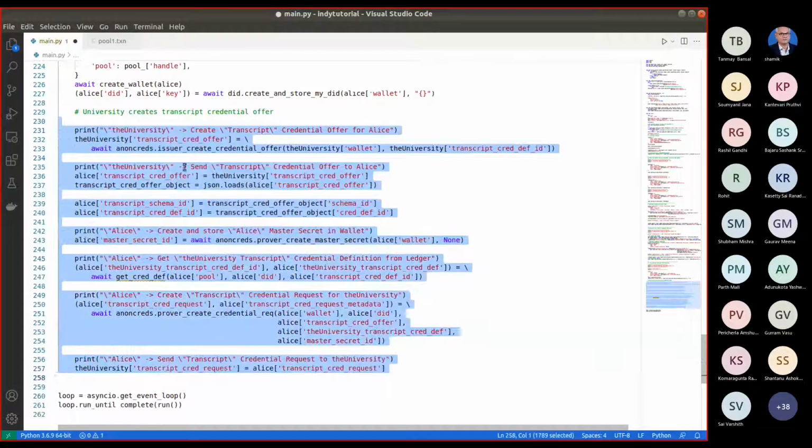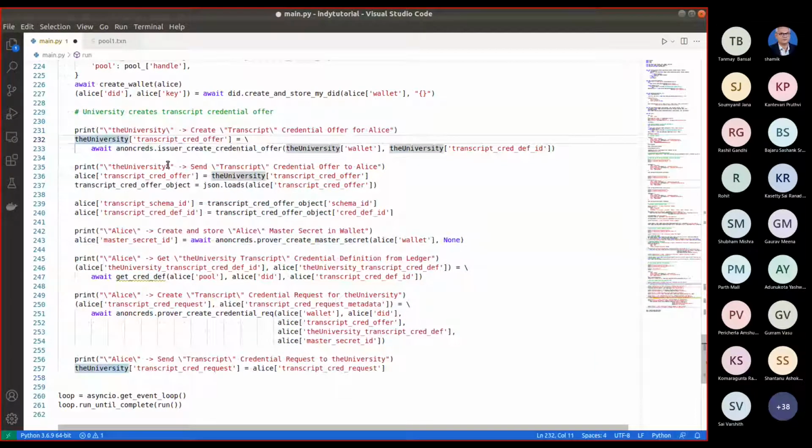Focus on this part of the code, how the offer is created. We are using this anoncreds library and this function called issuer create credential offer, and it takes as input the university's wallet and the credential definition ID. Based on this credential definition ID, it will also find the schema. So schema and credential definition both are found from here, and that is used to create the offer. This is stored in the university's transcript credential offer.